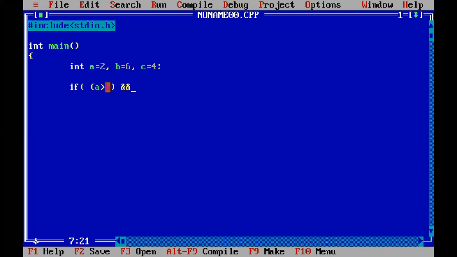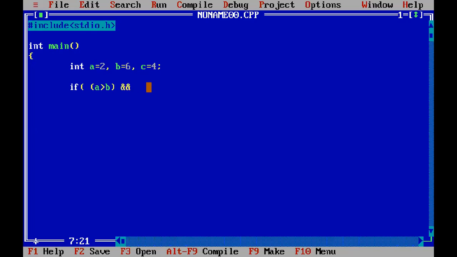Logically, that is not possible, because if I want A to be the biggest number, then A should be bigger than B also, and it should be bigger than C also. It cannot be bigger than just either of these two. Okay, A is greater than B, fine, but A is smaller than C. Then A cannot be the bigger number, so you cannot have or here. Or is for either this is true or this is true. That cannot be the logic here, because you are trying to find the biggest number. For that, A has to be bigger than both the other numbers. So you are using and.